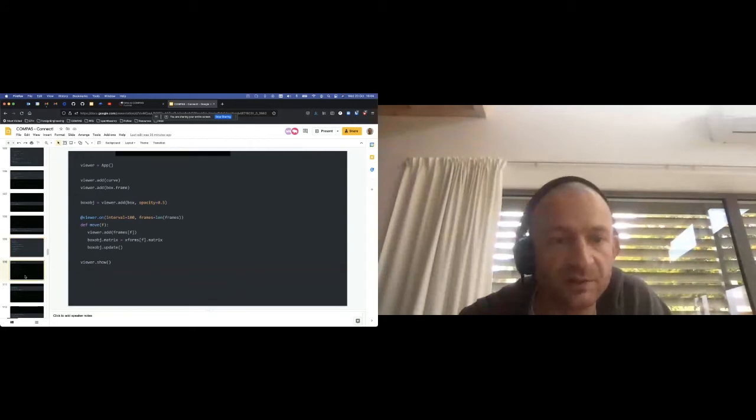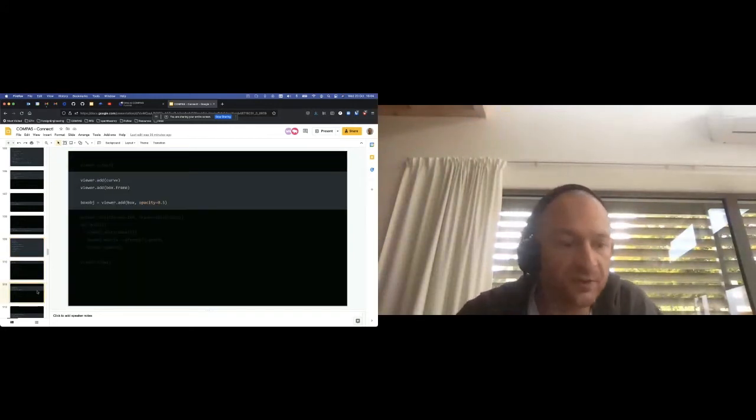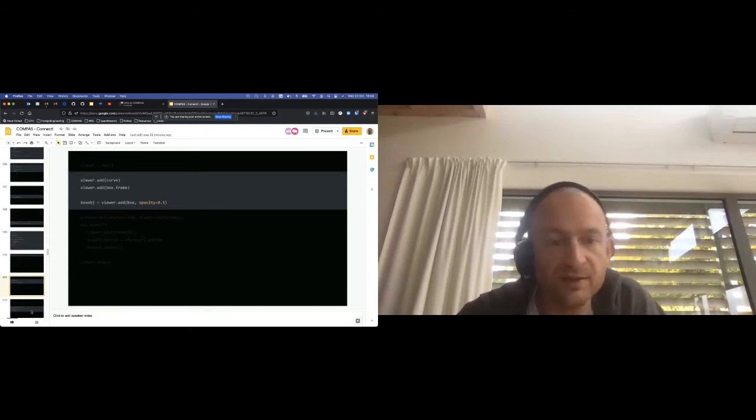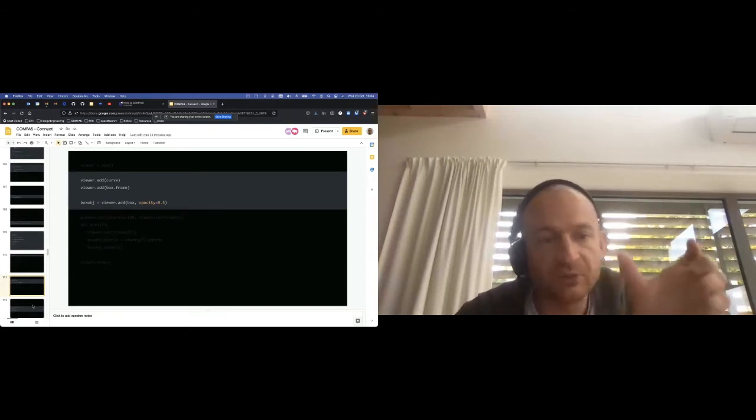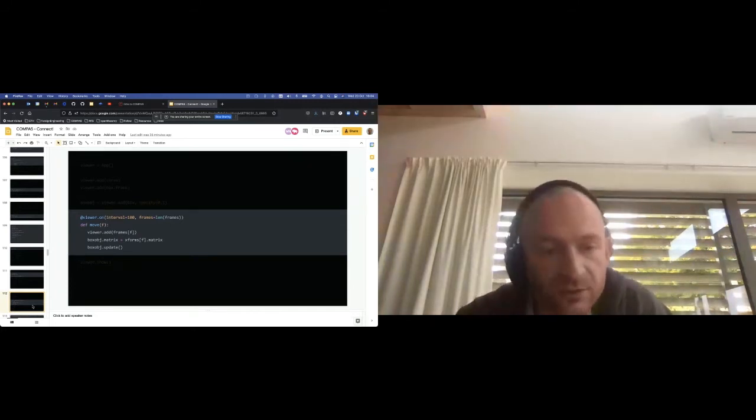And then to make this animation, add this to the viewer, much in the same way as before. So you make the viewer. You add a curve, you add the box frame as a starting point, and then add also the box, but keep track of the box object. And then the viewer has this very convenient decorator that allows you to mark an update function, or whatever function you want to use, as a callable,